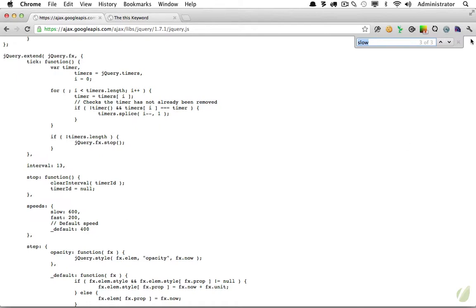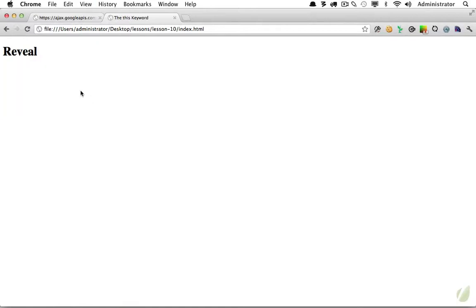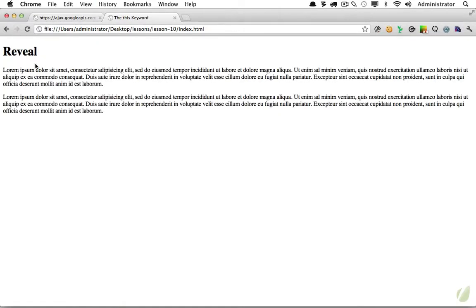For example, what if you want your project's default to be 2 seconds? You would never want this, but just so that we can easily see that it's taking effect, in the same way that we update any object, we can do the same thing to jQuery.fx.speeds. So let's try it, jQuery.fx.speeds, and I'm going to update default, and I'm going to make that equal to 2000 milliseconds. So now, when we call the "your mom goes to college" slide down value, that's not going to be recognized by jQuery, and it's simply going to run its default. So let's try it, come back, reload the page, I click on reveal, and as we'd expect, over 2 seconds